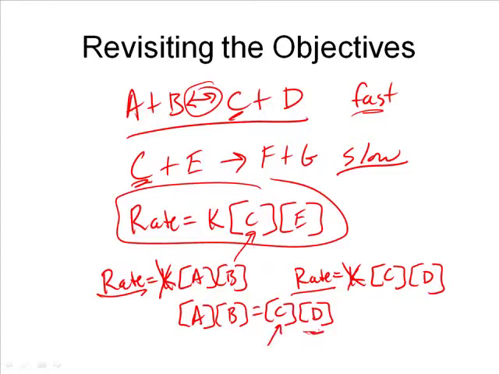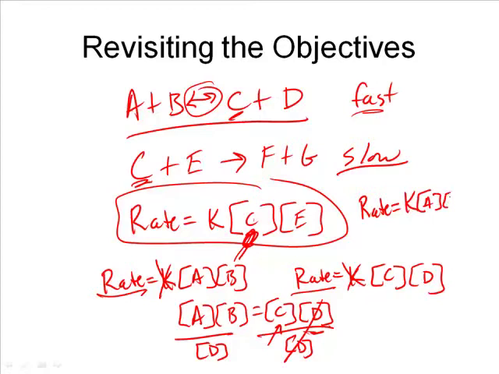How do I get rid of D? Well, obviously it's multiplied, so I just divide by D. So it's going to look kind of funny, but again, that's the sort of thing they ask you about on the AP exam. So this rate is going to be rate equals K. Now instead of C, I'm going to write what C was equal to. C is equal to A times B